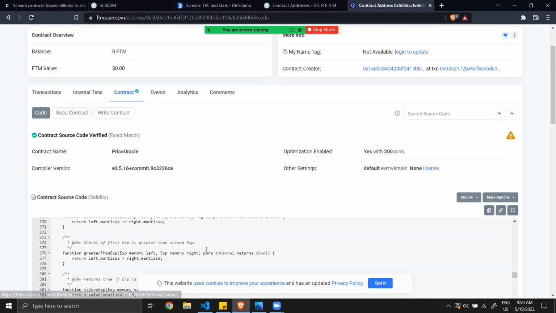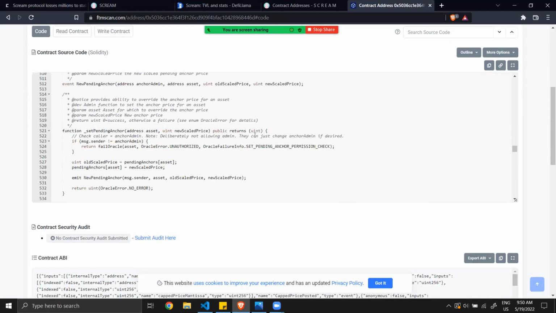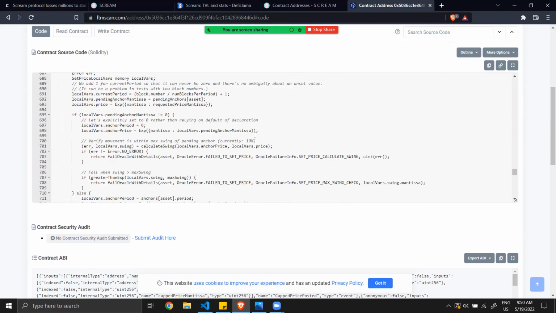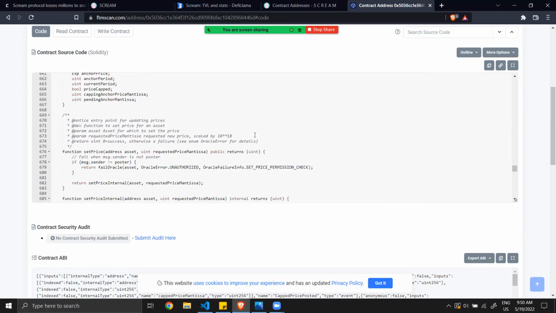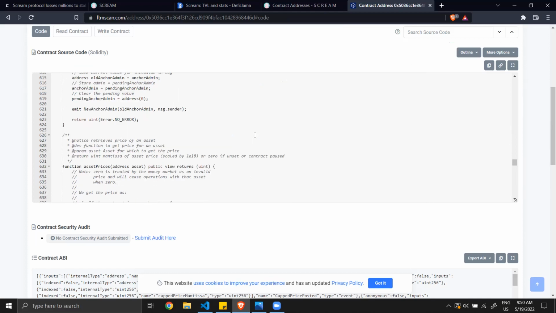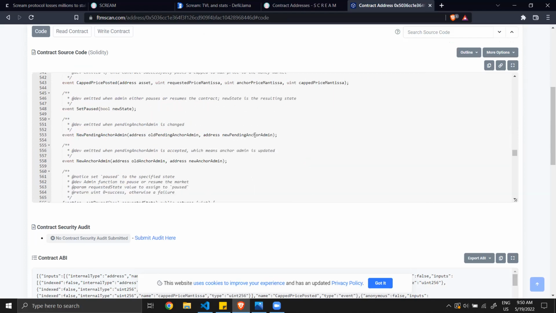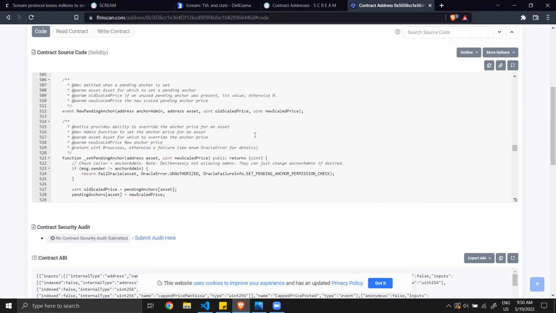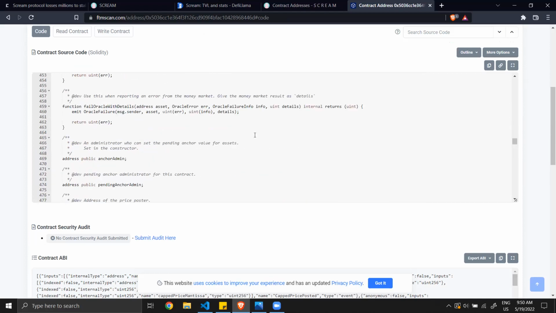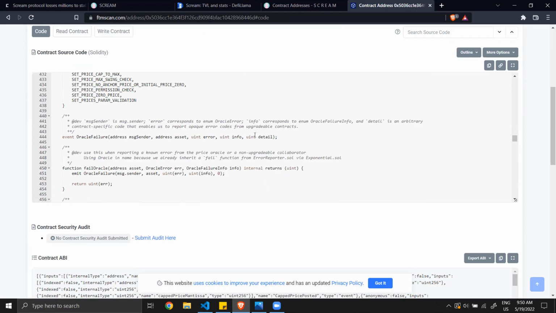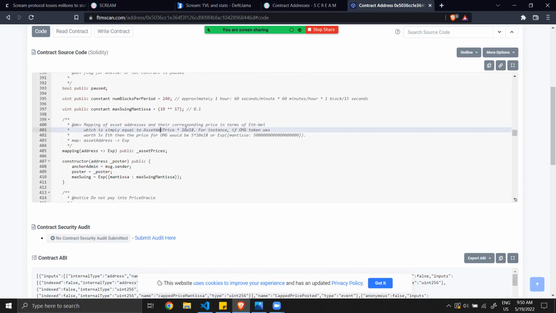And also in the code, I had a little surprise because the comments are not very clear, and they say that they are not using a USD price, but they are using an Ethereum Wei price. Look, it's here.